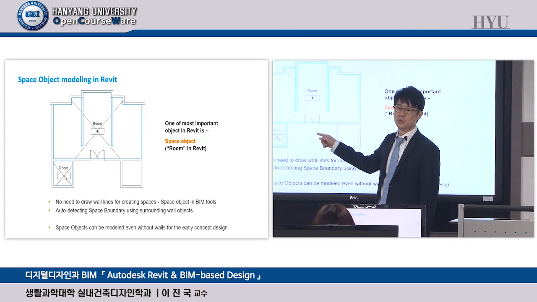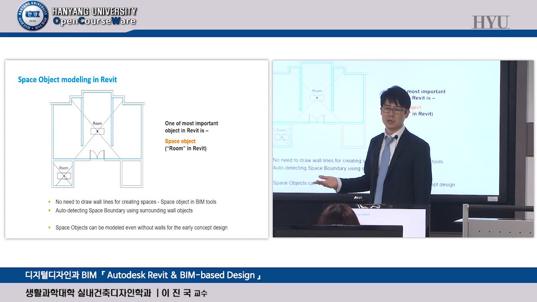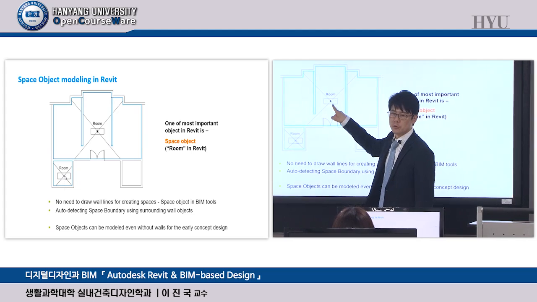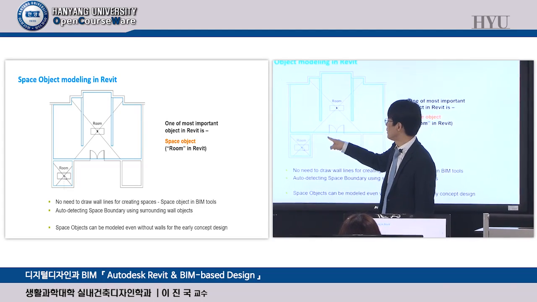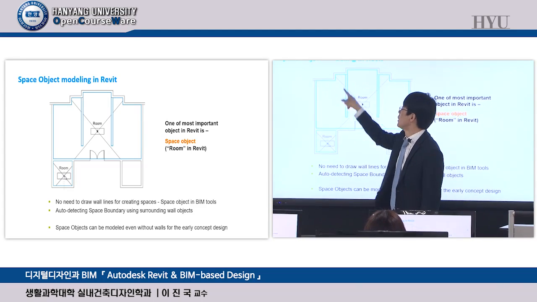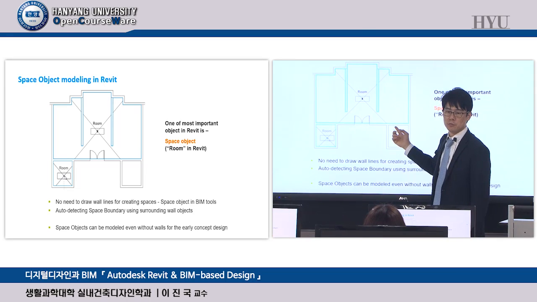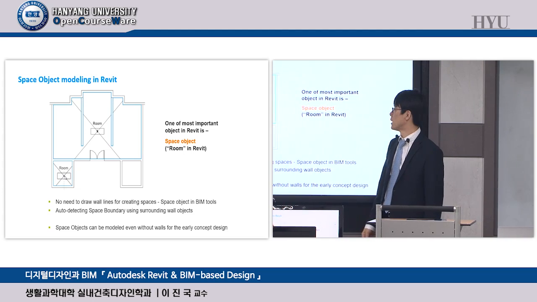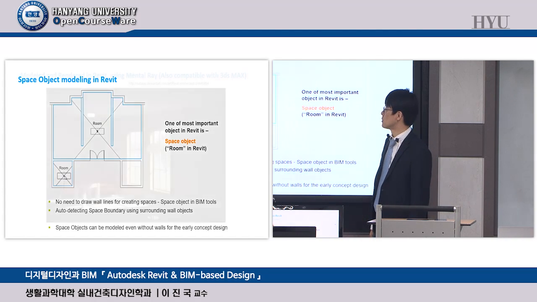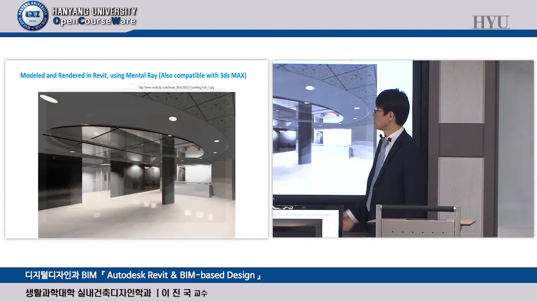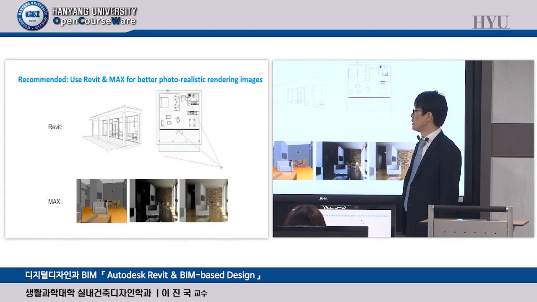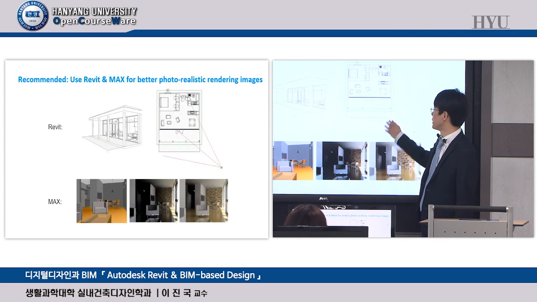You don't need to do lots of things. What you need to do is simply click room and mouse over the room and then take a look. These blue lines are the auto-detected boundary of this room, okay? Auto-detected. Just simply click it and name the room. That's it. Render example, another render example in terms of visualization, and FBX file or geometry-based render using Revit model